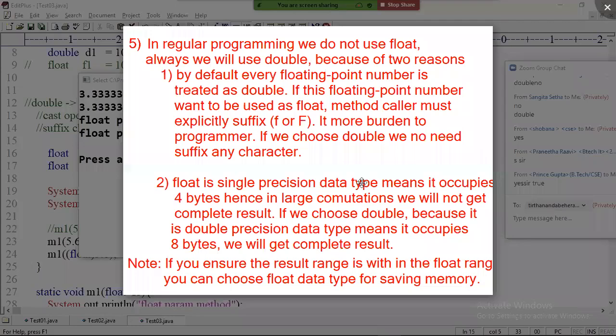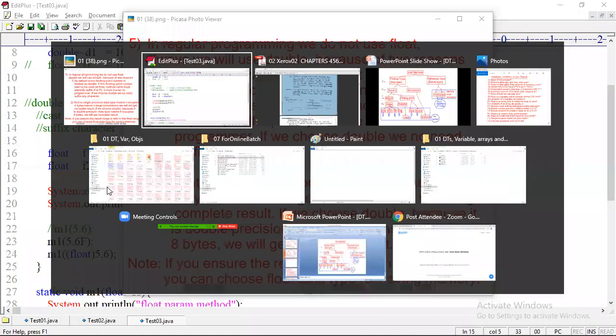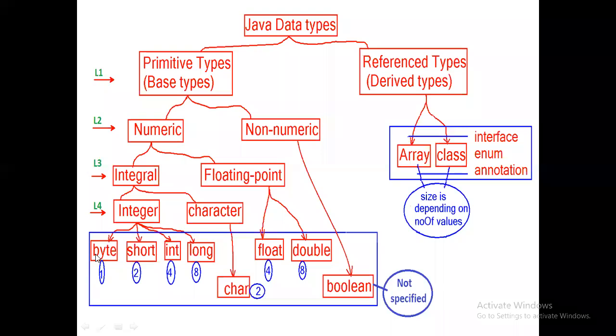How much memory are you saving? Just 4 bytes, but you will get terabytes of memory from the user. I mean, your client will give you terabytes of memory. So no need to worry about those 4 bytes of memory. Is it clear? So this is the story about the data types: we completed byte, short, int, long, float, double. So we completed 6 data types, and tomorrow we will try to understand char, boolean, array, and class.